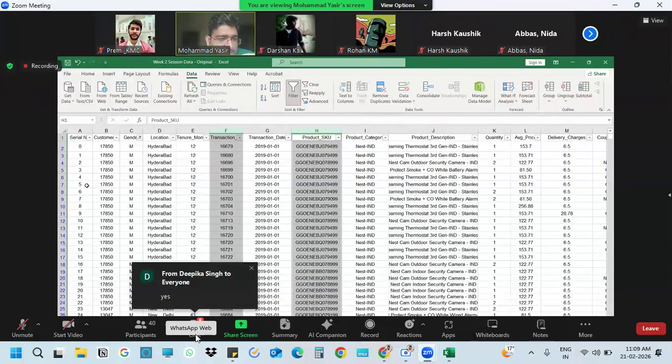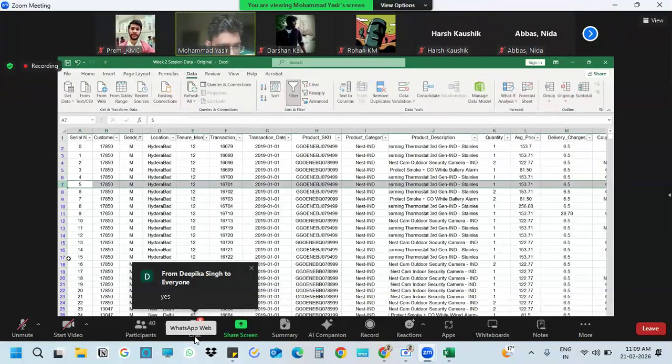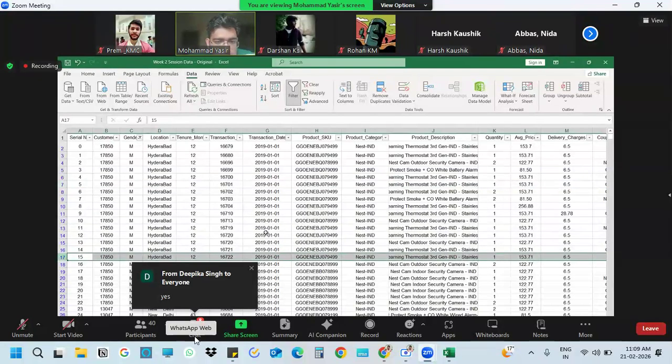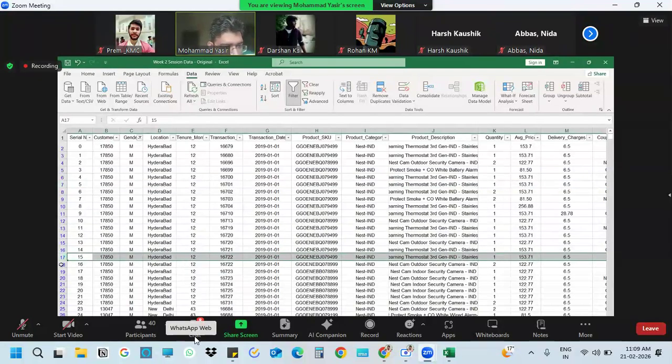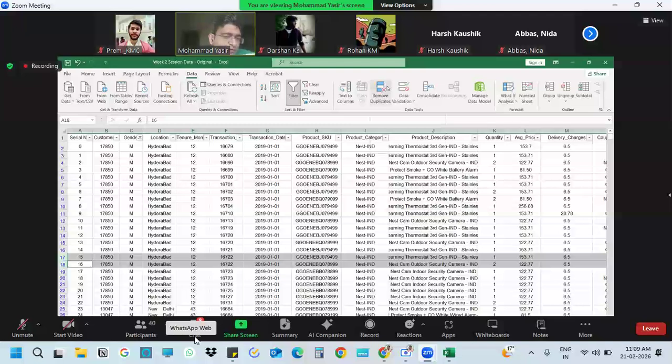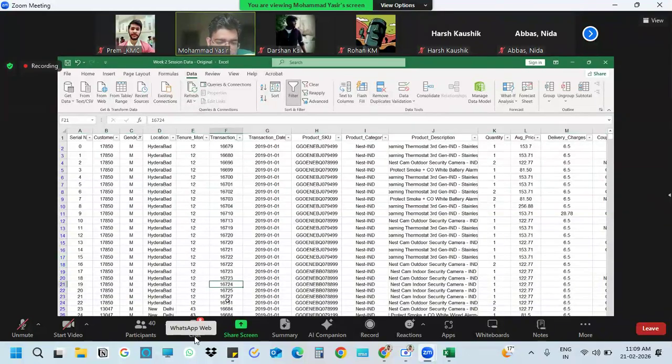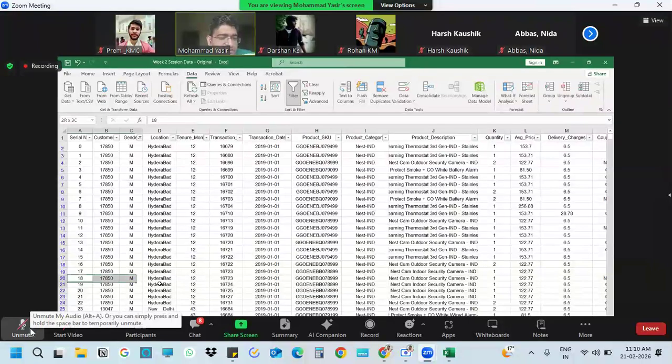If, let us say, these two are duplicates, right? Let us say transaction ID is also same, product SKU is also same. And if I do remove duplicates, all of these values in these two columns will shift one step up, and the other values in other columns will remain the same. So my raw data will get completely messed up, right?